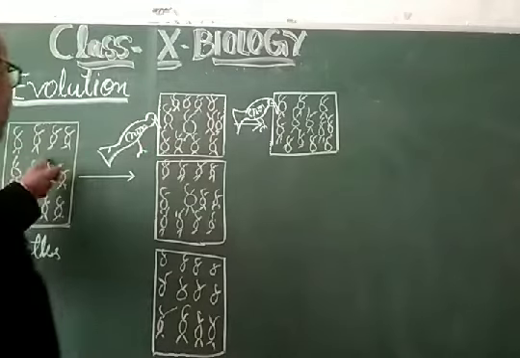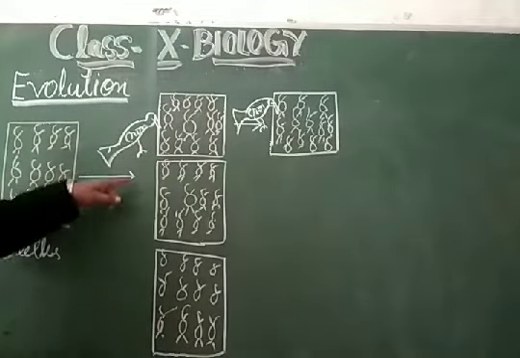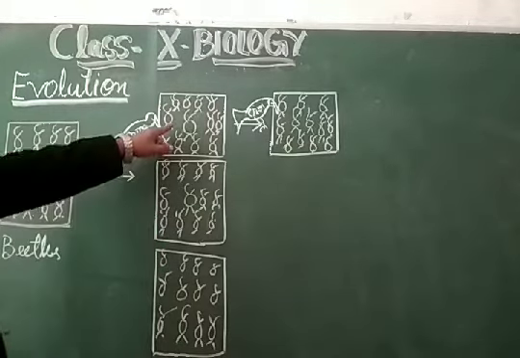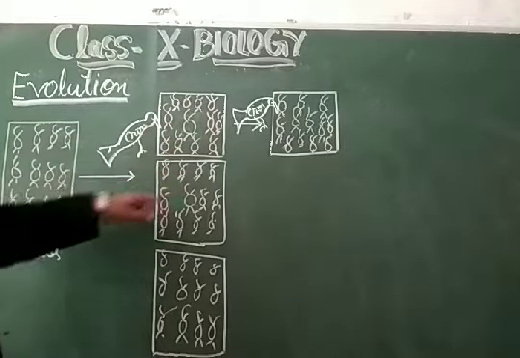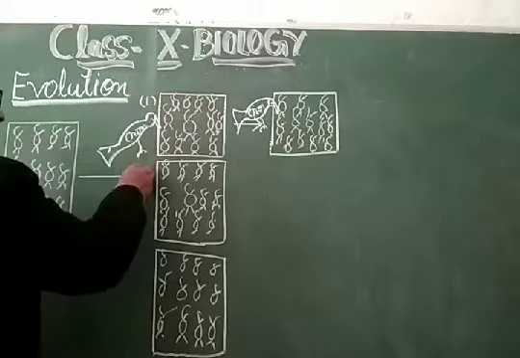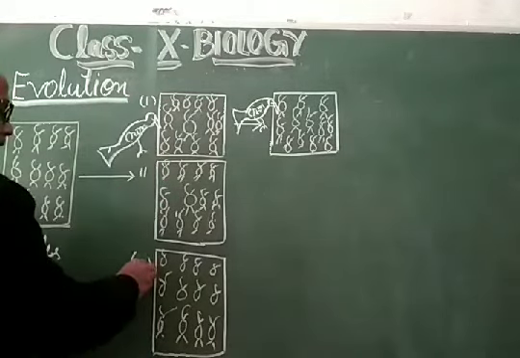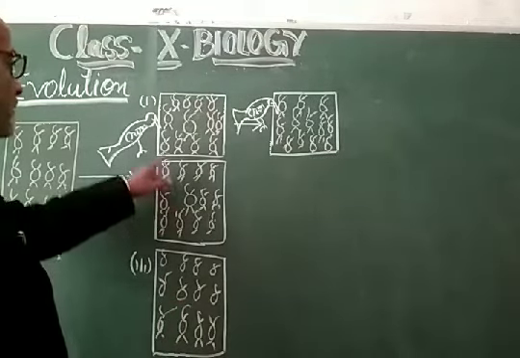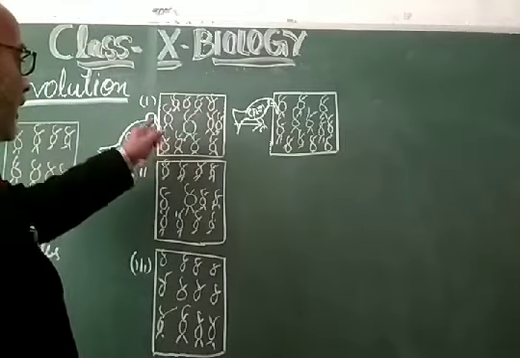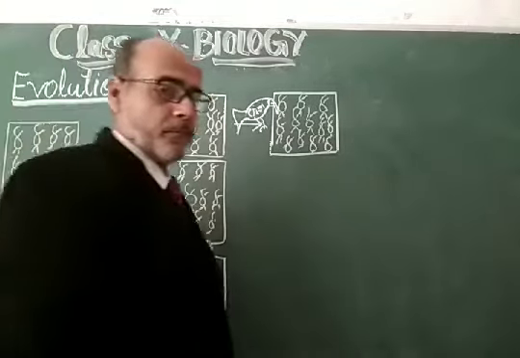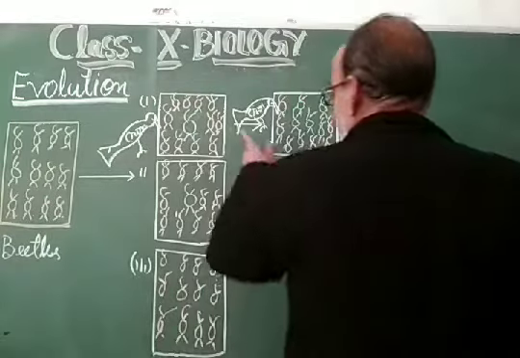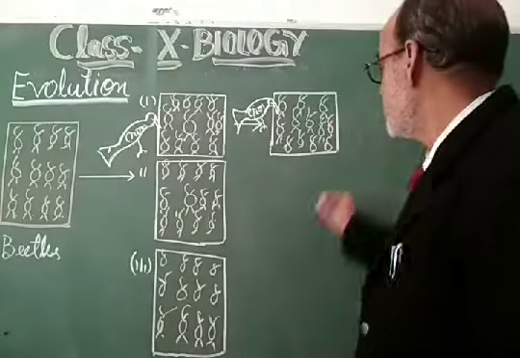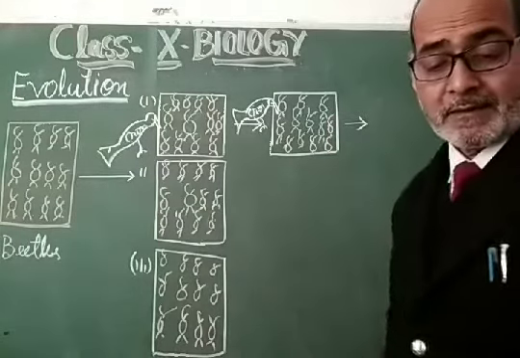The red beetles are there, producing in the first case red beetles in so many numbers, but there are variants in two cases. This is case number 1, this is case number 2, this is case number 3. In the third case there is no variant, in the second case there is a single variant, and in the first case there is a single variant. And the predation of these red beetles by the crow is going on in different generations. So dear students, see what happens in the next generation.